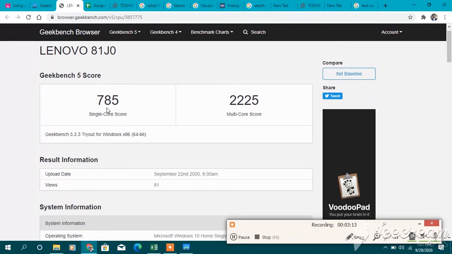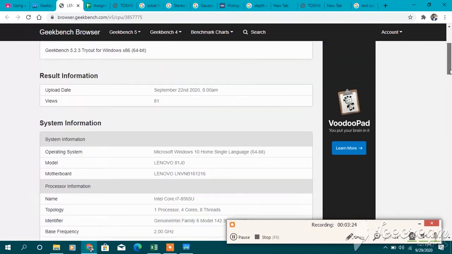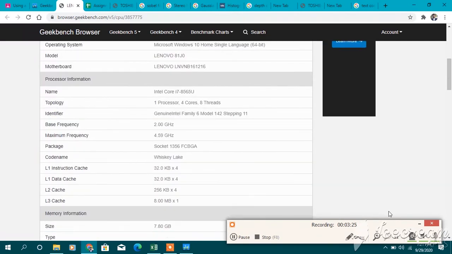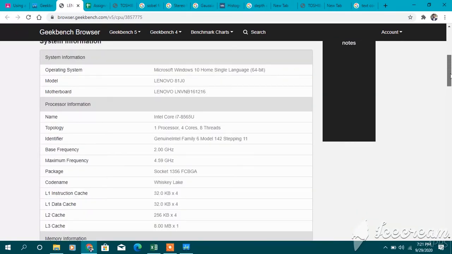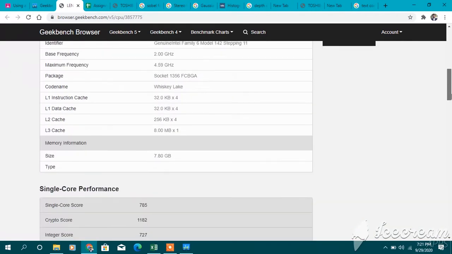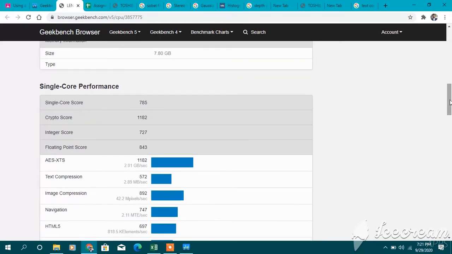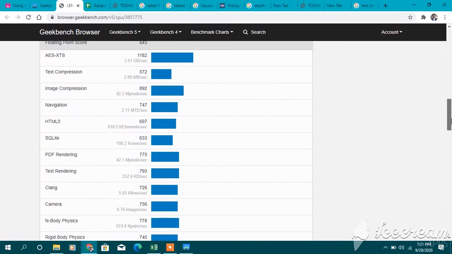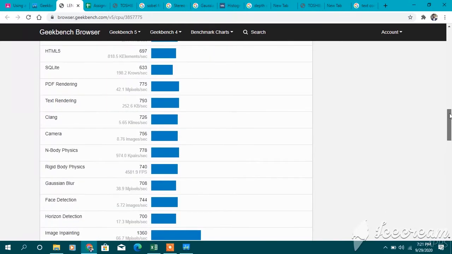As you can see, there is a 785 single core score and a 225 multi-core score, and here are different packages, topologies, and the complete information of the CPU performance. There are two kinds of performance, single core and multi-core. Here are the values of single core performance.